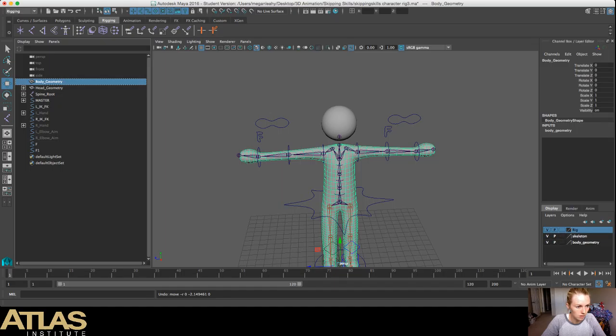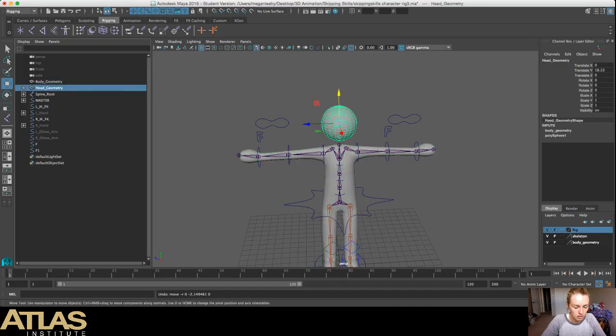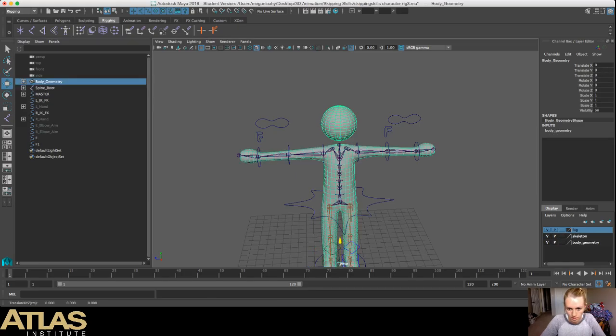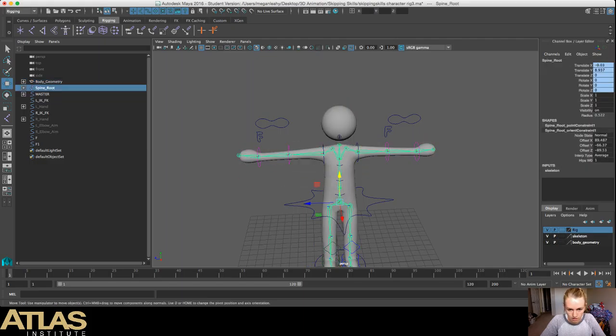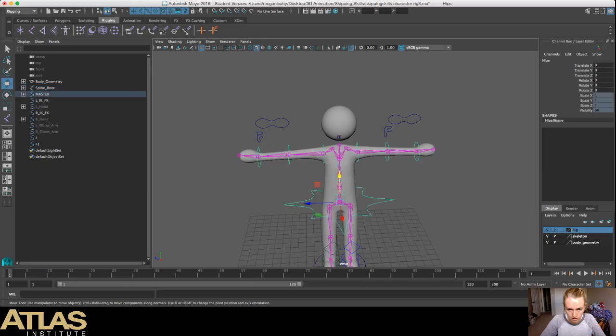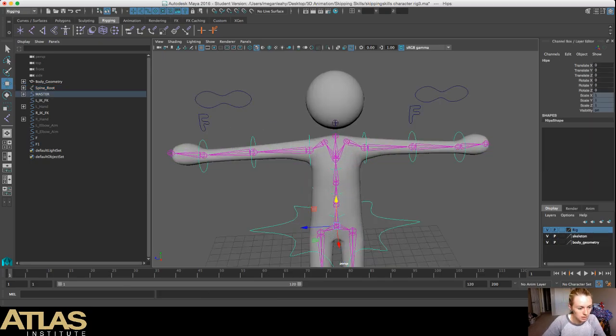Wait, no. Oh, I think I just tried it underneath. There we go. Okay, now, okay, that's good. And now I need to make the rig right. So